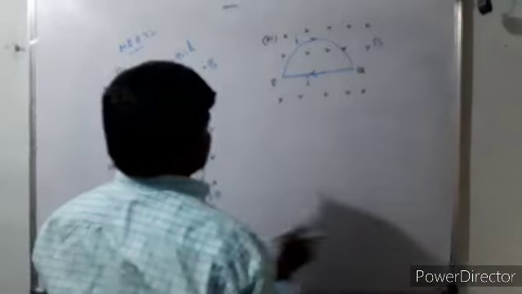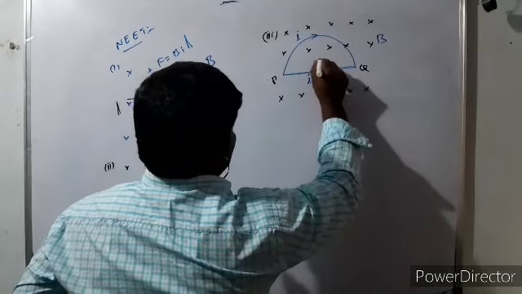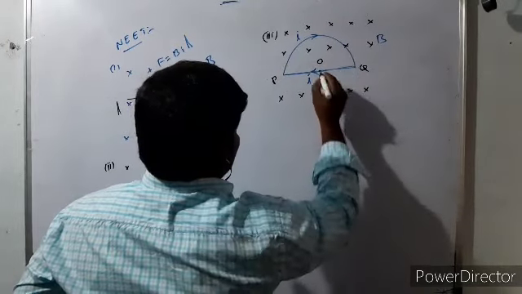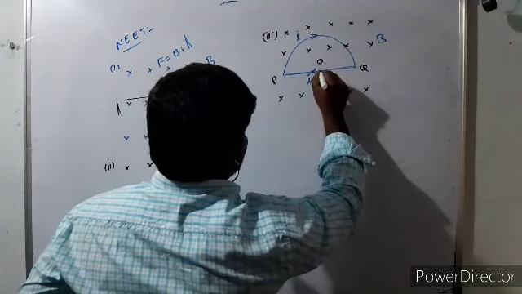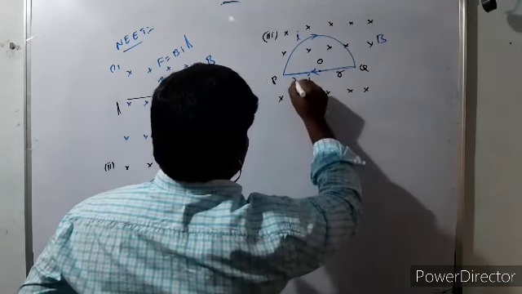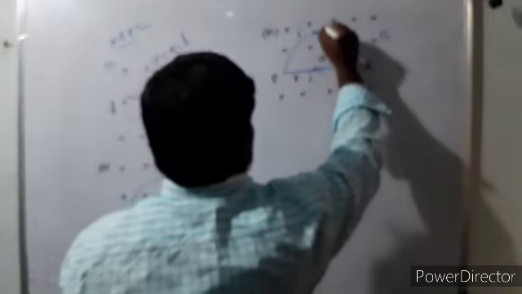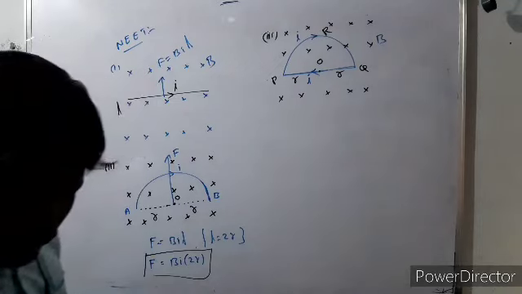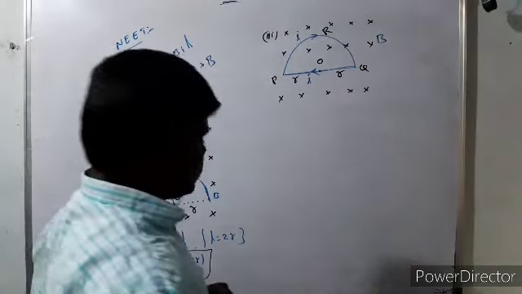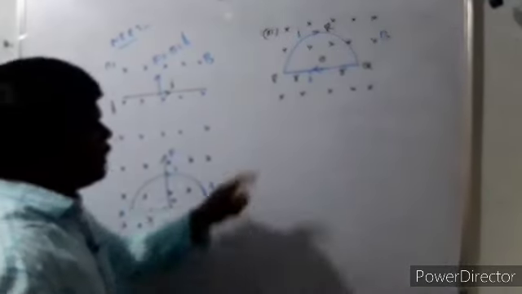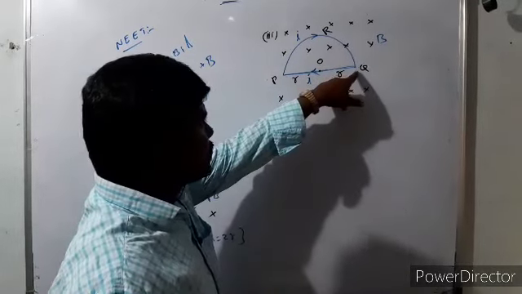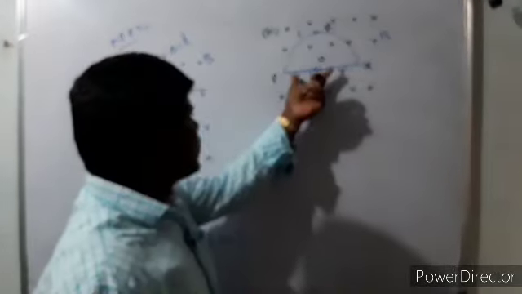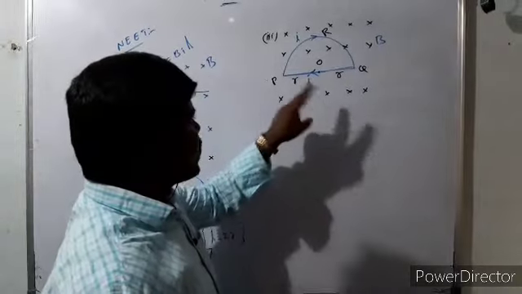Now what is the force on this closed loop? Let O be the center. This is a closed semicircular conductor, and O is the center of this semicircular shape. Let R be the radius. Here, actually, only one conductor in the earlier case, AB, but here two conductors are there. The PRQ semicircular conductor is one, and PQ is the other, a rod between the P and Q points. Now two conductors are there.